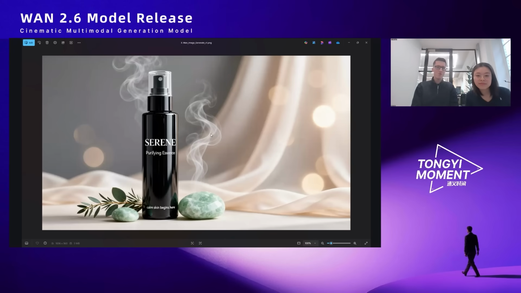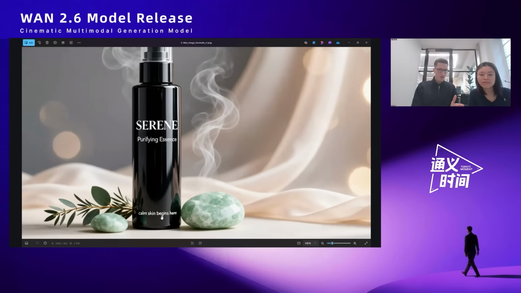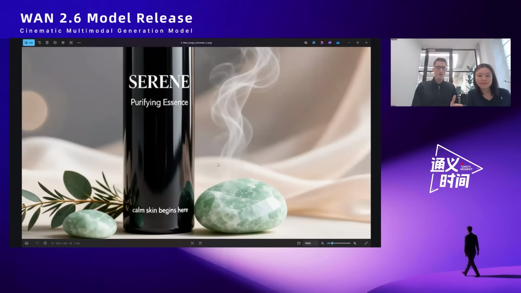And as you can see, this one was actually done from a reference image. We had our product bottle, and we wanted it to basically mock it up into a marketing product visual. So we had a white background style one like this, and then we basically told it to make it into a nice pack shot that you might see in an advert, for example. And it looks really aesthetic, and all the text, even the small text down here, is very clear. So we're very impressed with that.